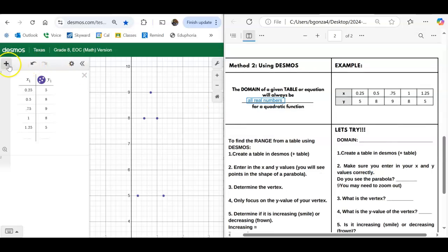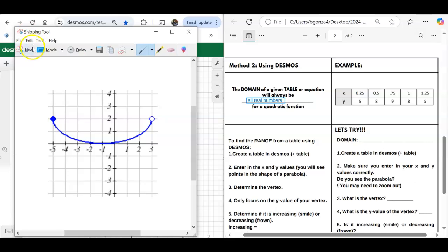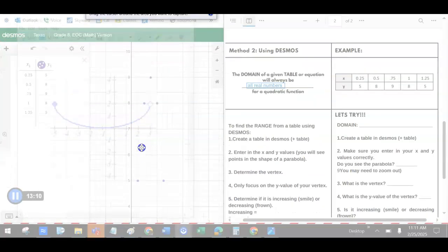I hit the plus sign on Desmos. I typed in all my x and my y values, okay? And you can kind of see that the repeating 5s and 8s mean 9 is my vertex, but you can also just see it on here, right? The parabola is curving up and going down, right? If I were to take a look at this, it would look like,